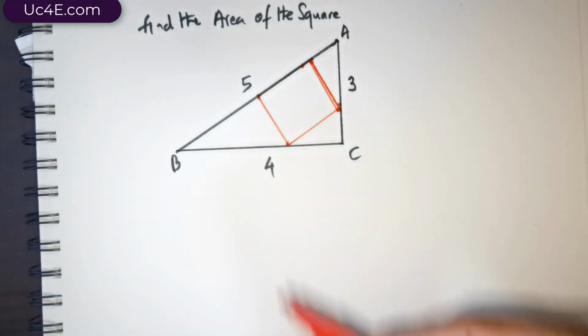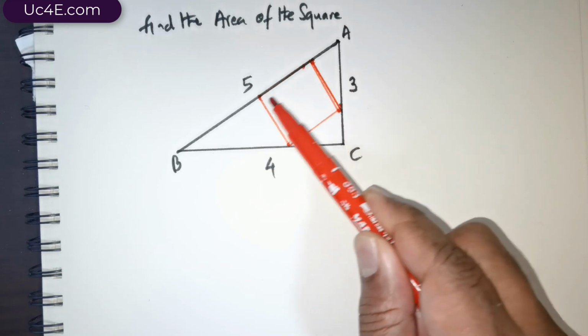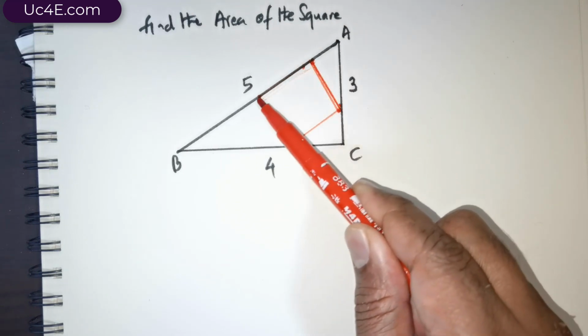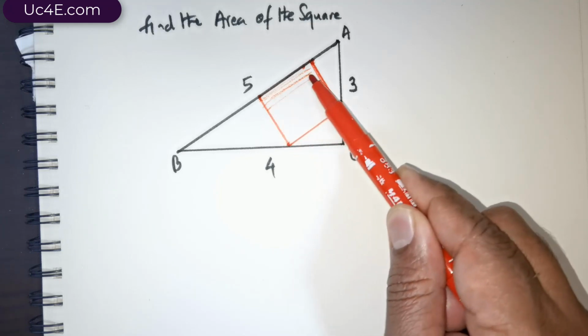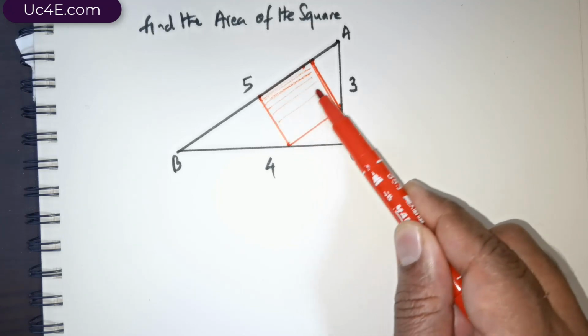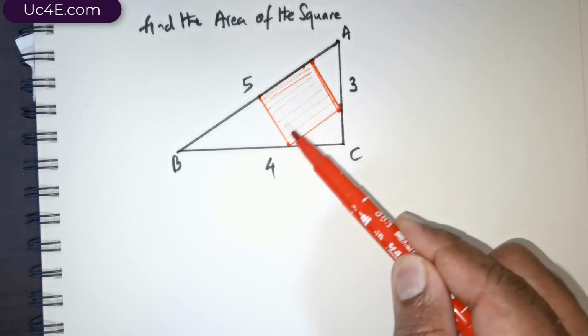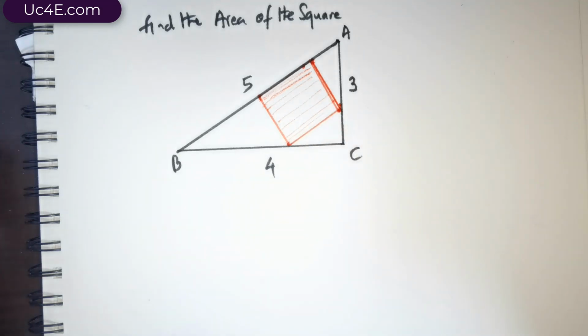Okay, so this is the shade I wish to give for the square. Okay, fair enough. So we got a square. Now the question is, find the area of the square. Now there are a few things we need to